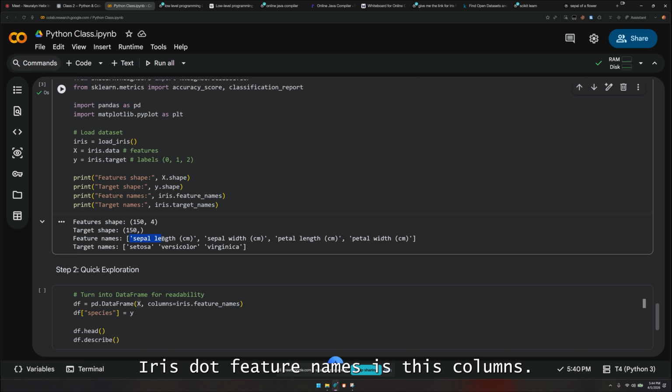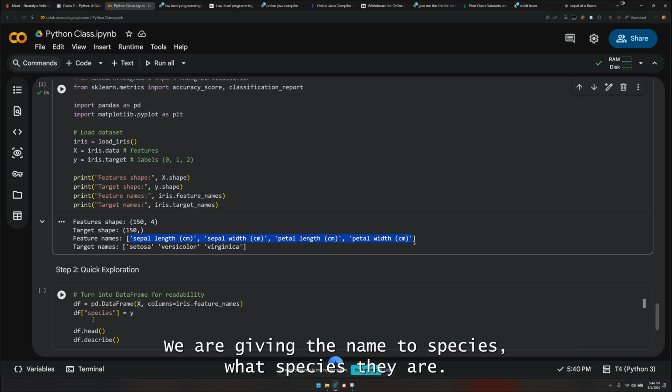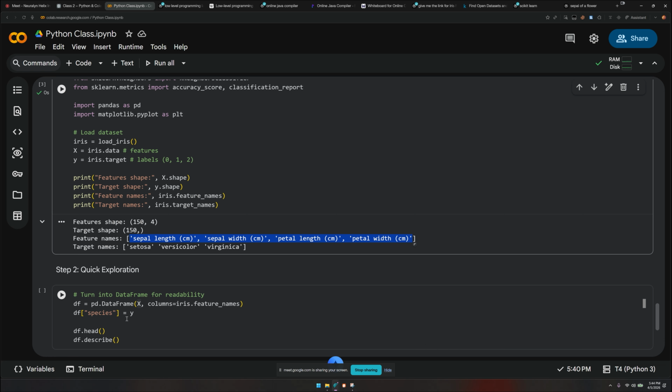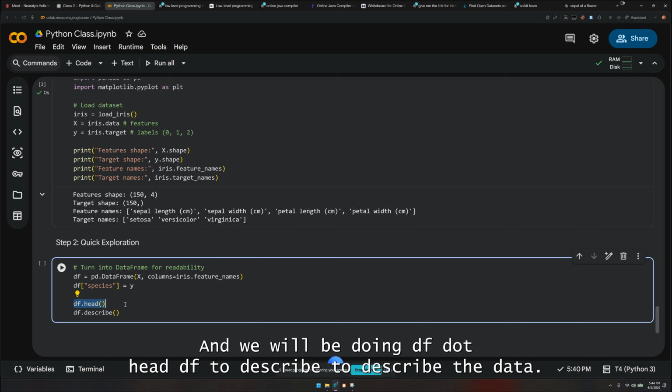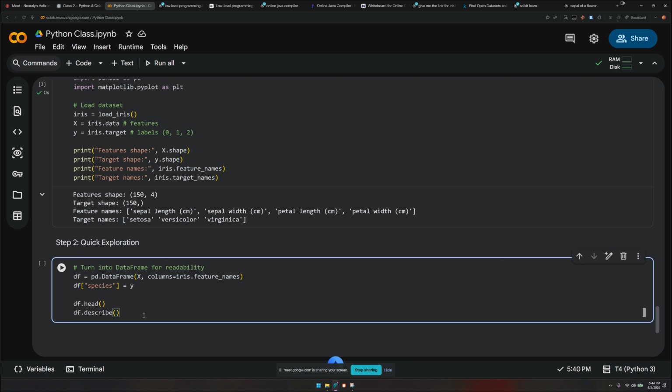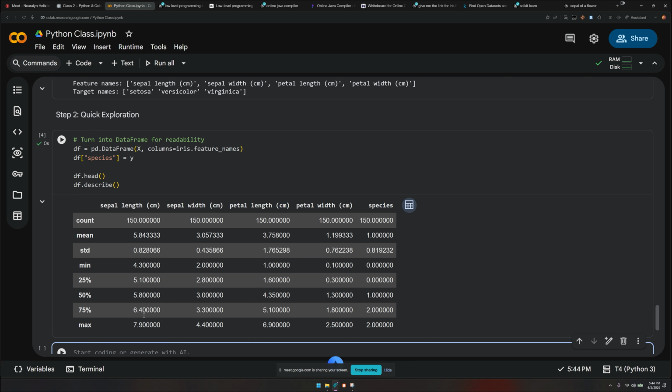Iris.feature_names is these columns, and iris.target will be your prediction value, that is called species. We are giving the name species, what species they are, and we will be doing df.head and df.describe to describe the data. Here you will see the actual table,